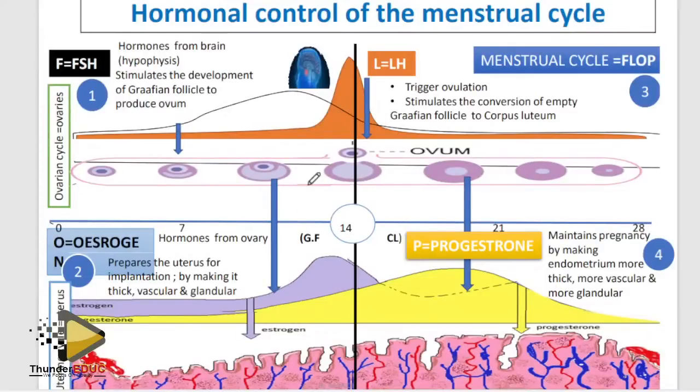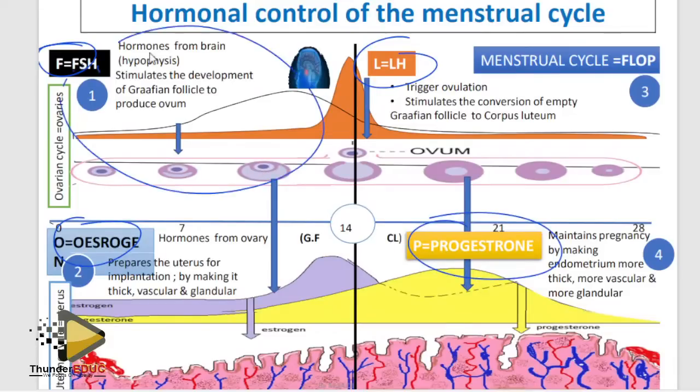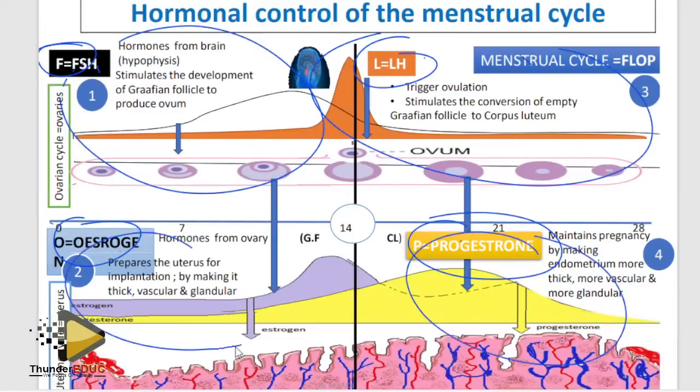Yes, help them. This is the menstrual cycle, the hormonal control of the menstrual cycle. Here I've talked about how to interpret it. What you need to focus on is the function of each of these. I'm not going to explain this. If you draw this, this works here, this works here. So they cannot ask you anything in this region and you talk about progesterone.